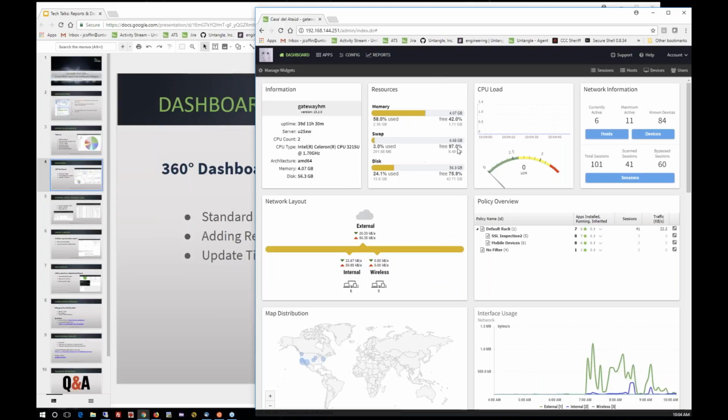This is just talking about how your resources are being used. As you can see, I use very little swap because I have a ton of memory available for my small network. Disk space is kind of important. You definitely don't want to keep this over 90% full, and one of the adjustments you can make is